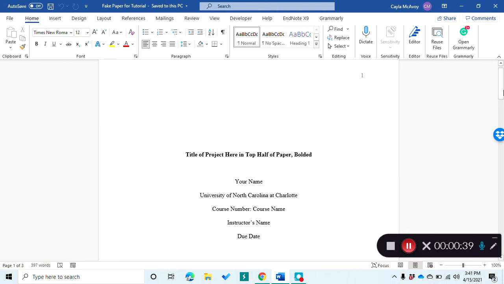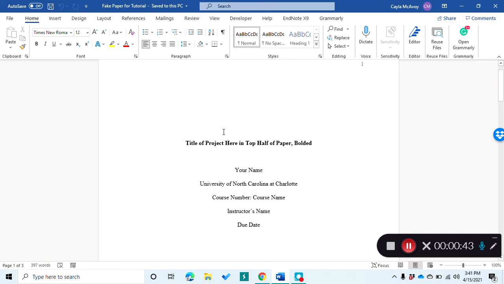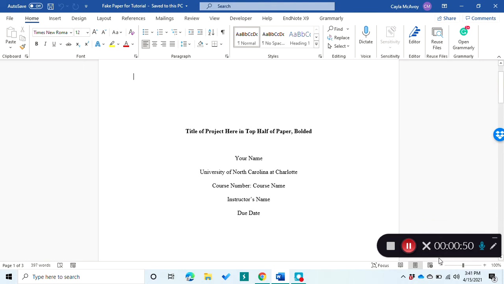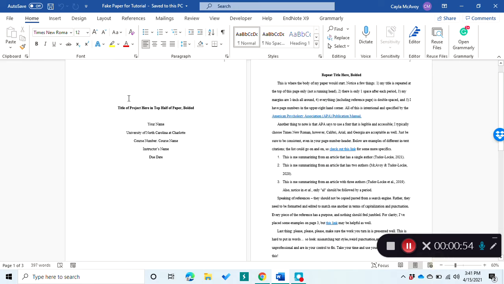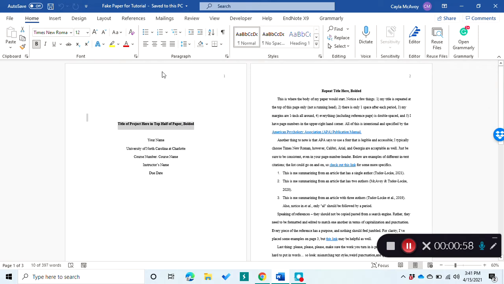You'll see here's the title of my project in the top half of the paper, bolded. So this is exactly how your title page should look. I'm going to back up a little bit just so you can see. You have your title, it's in the center, it's bolded. This is about 3 or 4 spaces down. APA says that it needs to be in the top half of the paper, so I usually just do